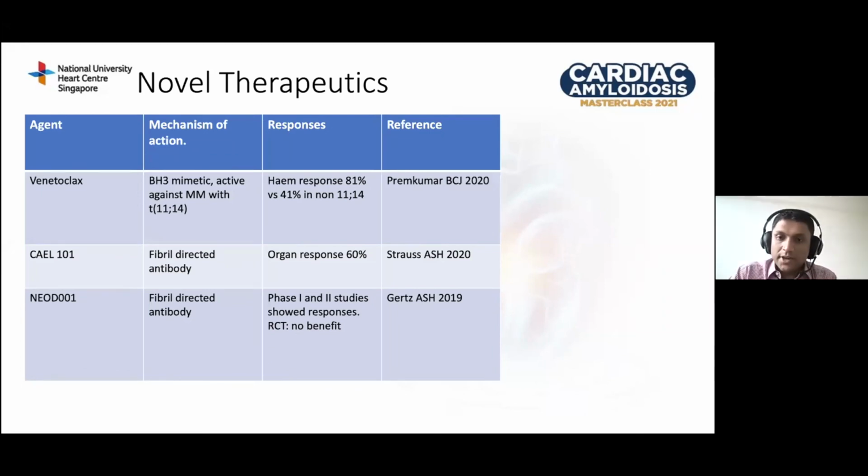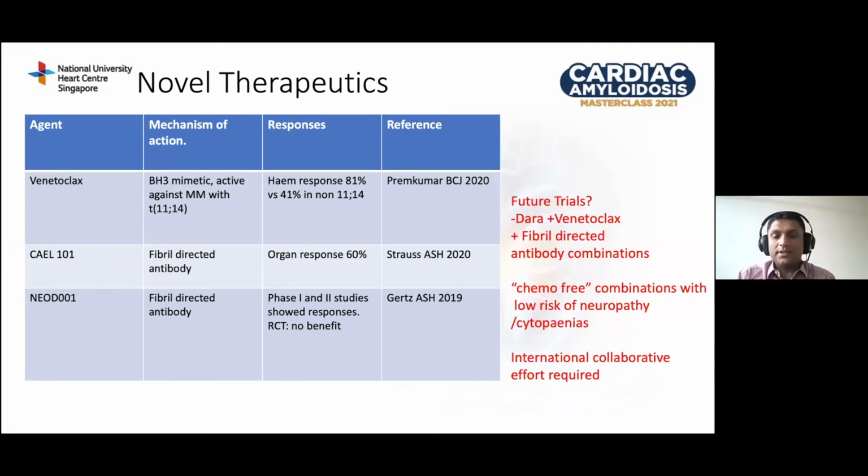So how can we take this forward? These are just my opinions. I feel that using CD38 monoclonals together with t(11;14) targeted therapy plus fibril-directed antibodies early in the disease, before the fibrils get established in the organs, may be the way forward. This would be a chemo-free approach. So we are negating neuropathy from bortezomib, minimizing cytopenias, and hopefully resulting in an effective and well-tolerated treatment for these